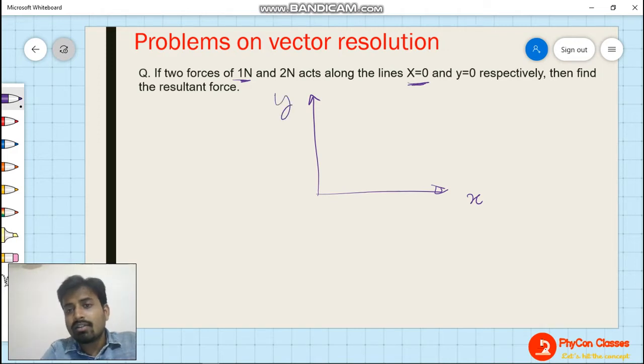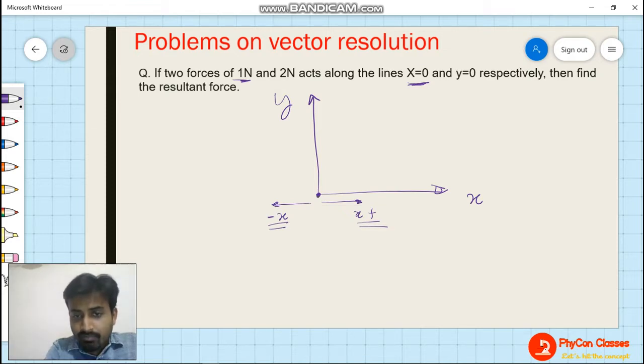So x is equals to 0 line. What is the x is equals to 0 line? Can you tell me? X value is 0 here. So if you move on to the right hand side or to the left hand side, if you are moving to the right hand side, x value is going to increase. Positive x value you will get. If you are moving on to the left hand side, x value is going to reduce. That means minus of x values you will get.